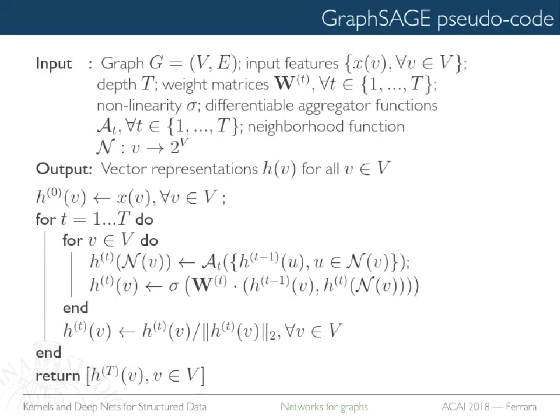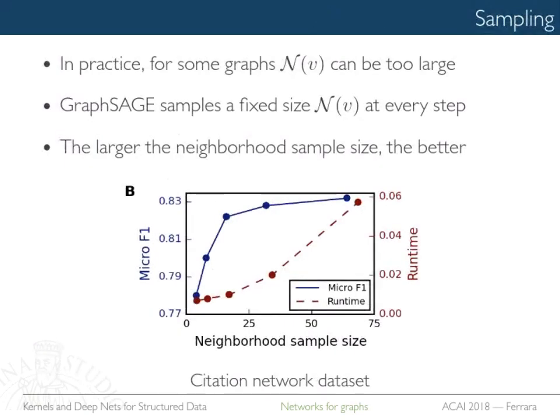And this is their pseudocode, but really it's the same algorithm as Gori and Scarselli proposed, except they don't go to the fixed point. They use different weights at different distances, at different iterations. So for every t, the A depends on t, so the weights depend on t. And it's just a neural network that does everything. Also learns how to do the aggregation. They were smart enough to obtain quite nice results.